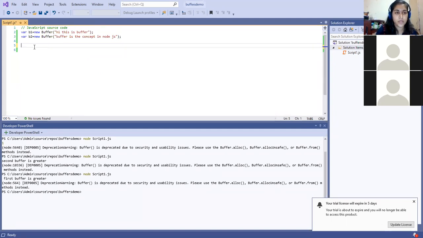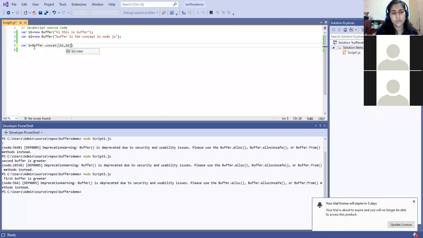So how to use that? It will return you the concatenated, another buffer. So I'm just declaring here B as the result, where B equals Buffer.concat, and it will take an array of buffers. So what does the array contain? B1 and B2.